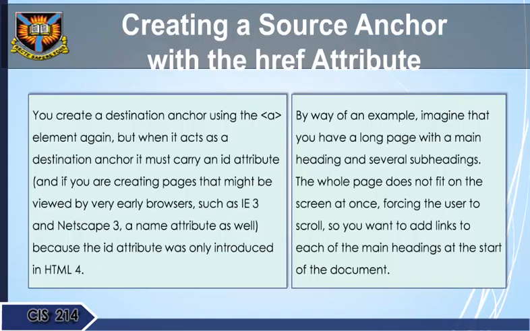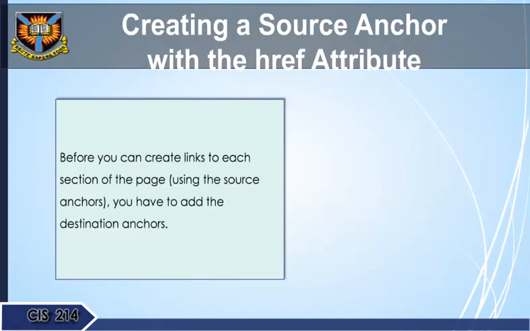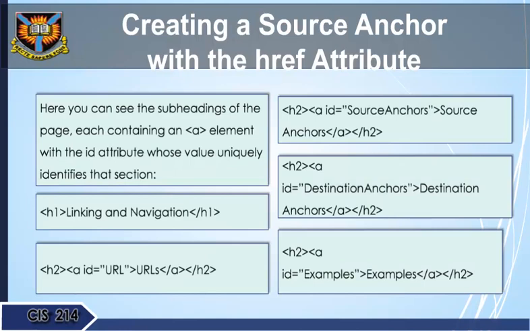By way of an example, imagine that you have a long page with a main heading and several subheadings. The whole page does not fit on the screen at once, forcing the user to scroll, so you want to add links to each of the main headings at the start of the document. Before you can create links to each section of the page using the source anchors, you have to add the destination anchors. Here you can see the subheadings of the page,